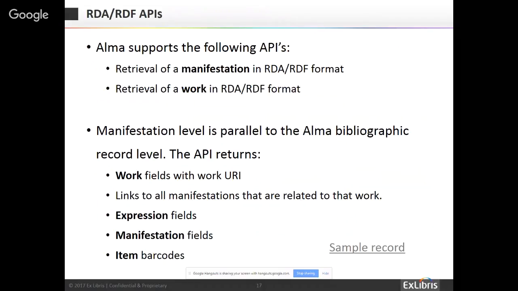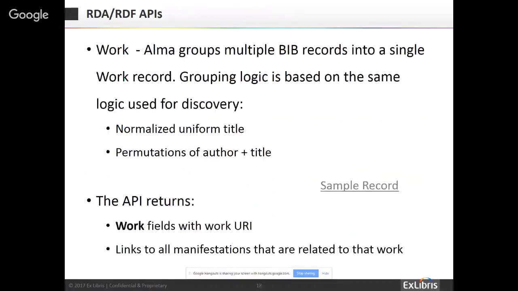And we also have a work endpoint, a work URL that can be grouped, okay, if we have the FRBR grouping on for that particular institution. And then this API provides all the work fields and the list of all the manifestations that are related to that work. And so when I go to the demo part, we will see sample records both for the work